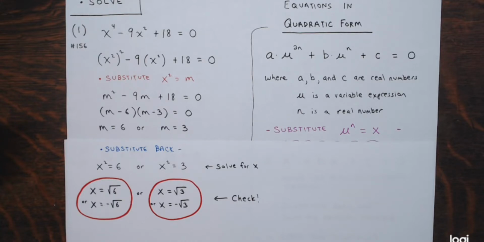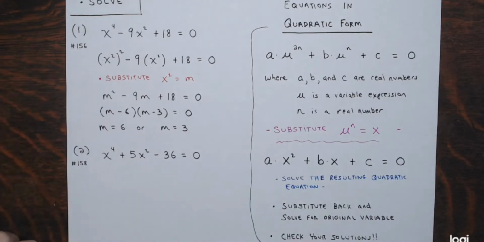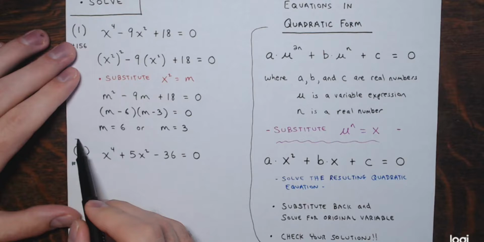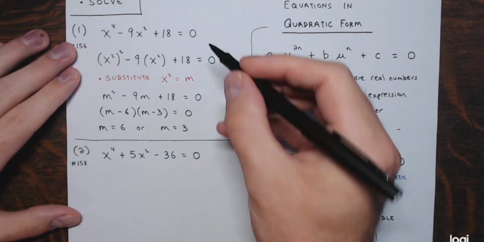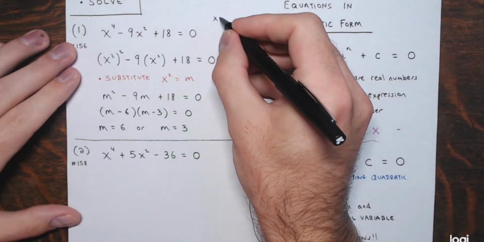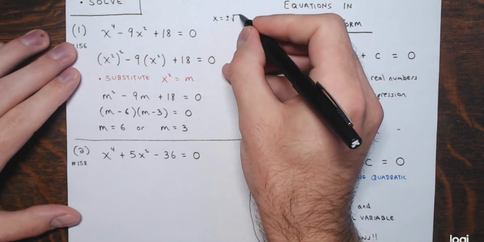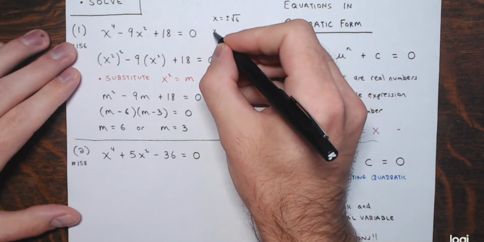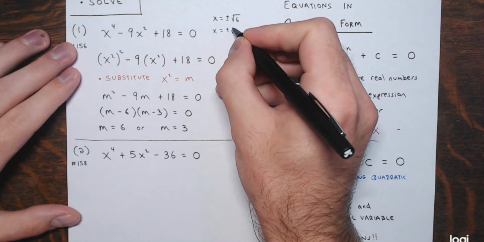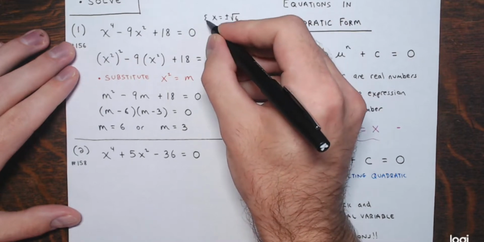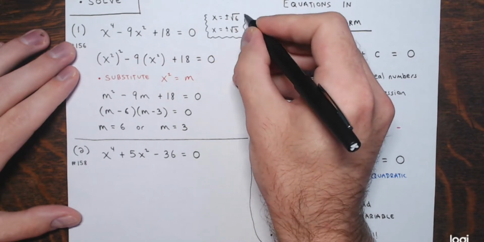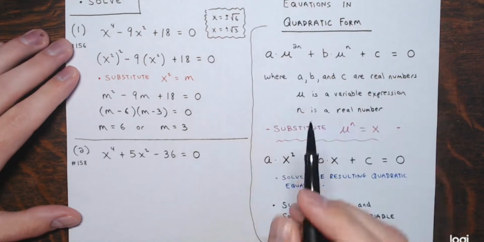Alright, wonderful. So let's do that again. Alright, so again, just so you don't forget, x equals positive or negative square root of 6, x equals positive or negative square root of 3, right, ended up being the solutions here to number 1. So those are on a separate page now. Alright, so